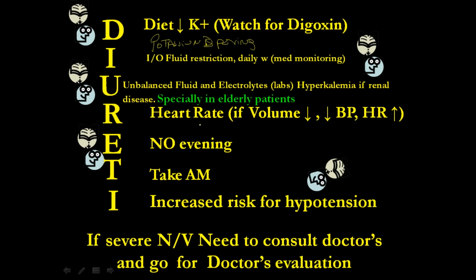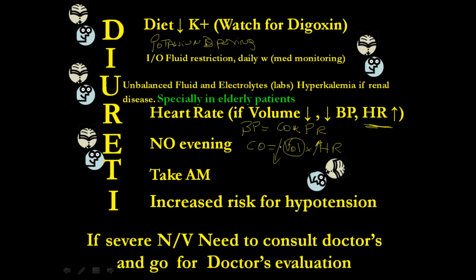So what happens? You are going to decrease your cardiac output. If you remember, the blood pressure is equal to the cardiac output multiplied by the peripheral resistance, and the cardiac output is equal to volume multiplied by the heart rate. If your volume is going down, in order to keep the same cardiac output, your heart rate needs to go up. So that's why you're going to have this increase of heart rate.